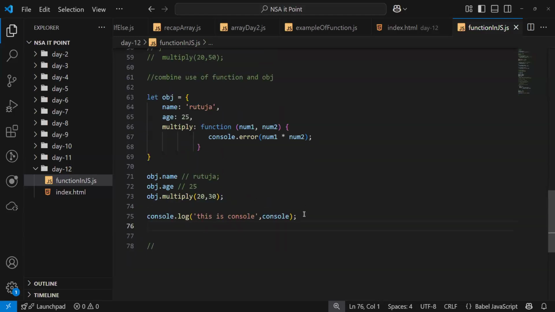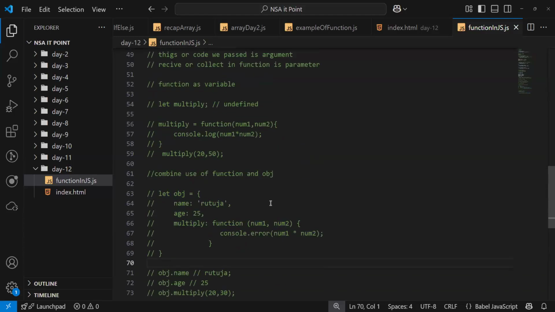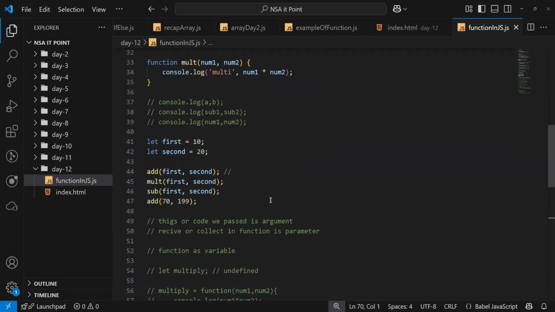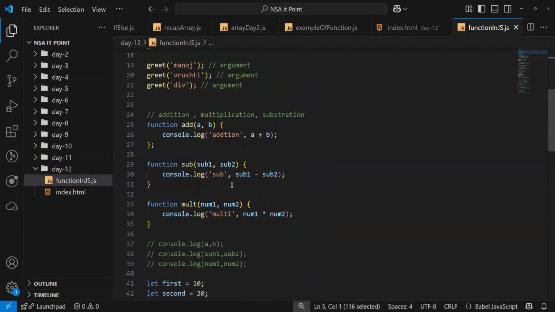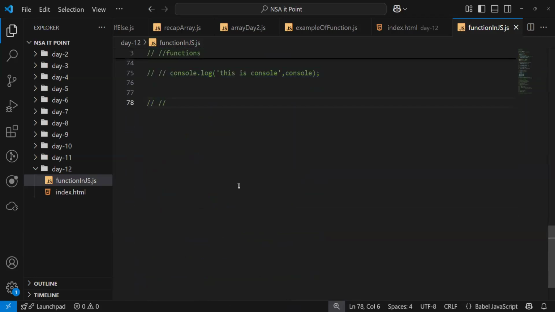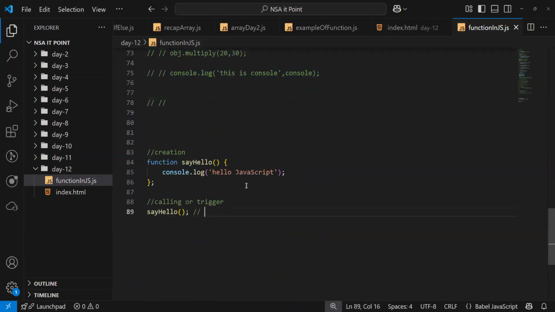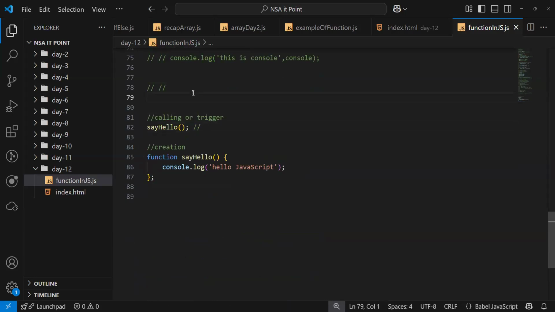Let me pick one of these. Let's just pick this one. If I pick this one here and test here, is it going to run or not?